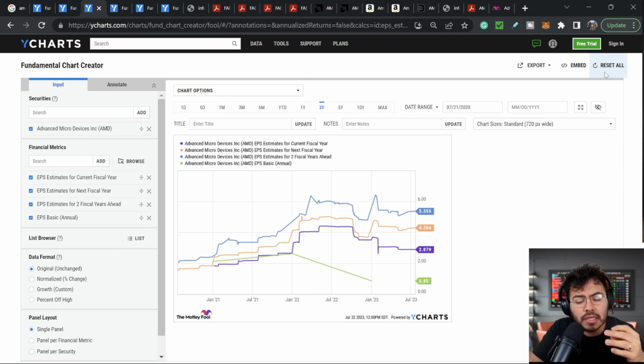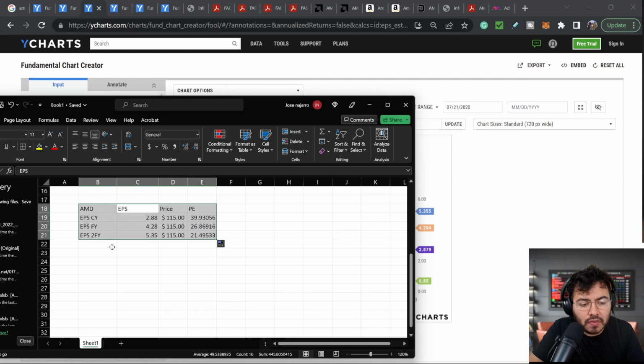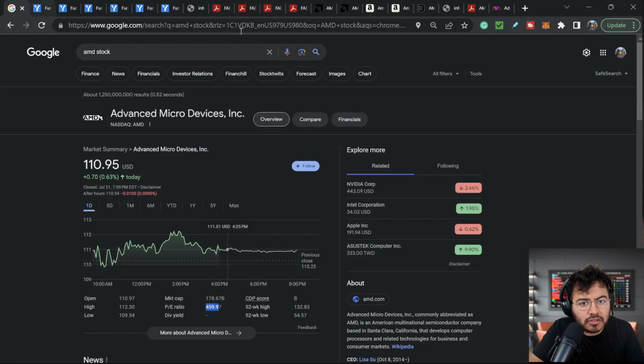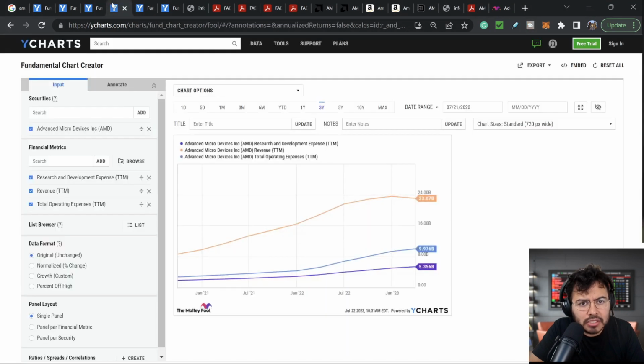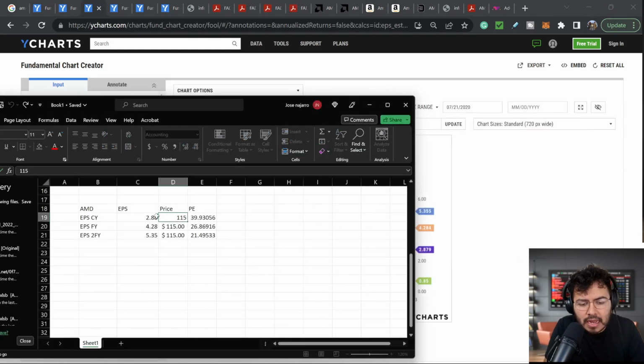I do believe maybe earnings are a little bit closer to what might be expected. If AMD does beat this, I don't believe it's gonna be by much. So now I pulled these numbers here on this quick Excel sheet, and I wanted to take a closer look at their earnings per share. The current price of AMD is actually, what, 110. So let me just update that real quick, to showcase $110 just to see where we're at in current PE ratio. So 110.